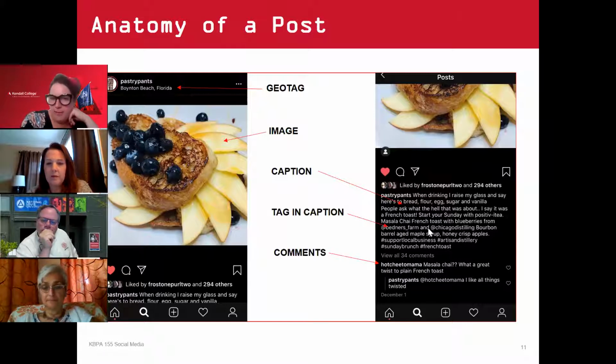So then tagging, caption, and then down here, after you have actually posted something, you may have people respond back to you, or you may actually respond to yourself. Everything underneath there is known as a comment. And like I said, when people comment on your post, it's only polite to respond back. Okay? Sometimes, I will admit this, I'm a little guilty in not responding back in a timely manner, but sometimes it's very busy in the comments and it takes a lot. So I try my best to keep up with what happens on mine.